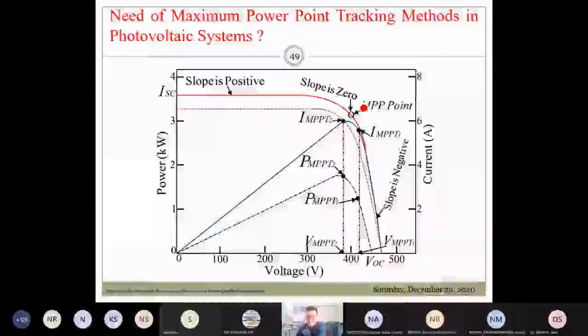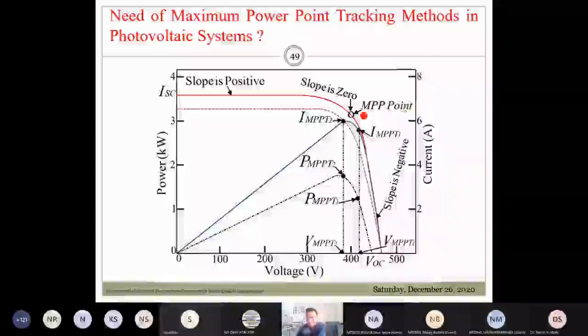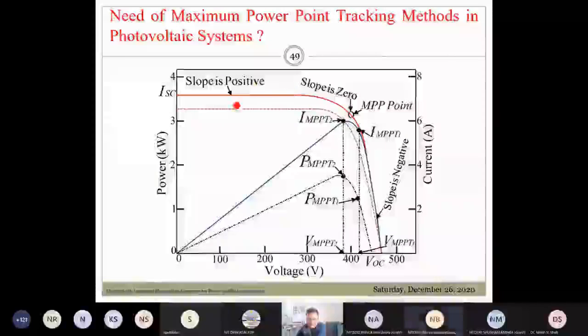Non-linear means that if there is a fluctuation in the input parameters like the temperature and solar insolation level, the output power is constantly changing. But what you are expecting is a constant output power. So how can you ensure a constant output power? To ensure a constant output power, you need to detect the true maximum power point. But this operating point is constantly moving on the left hand side of the MPP curve or on the right hand side of the MPP curve. So this causes undesired oscillations in the current control loop.